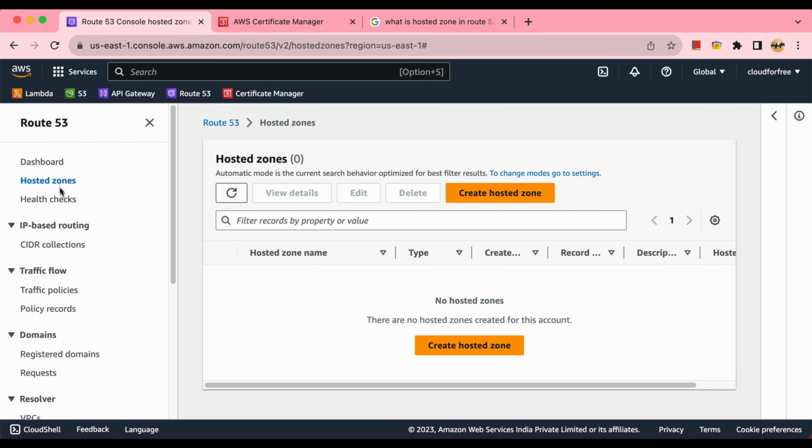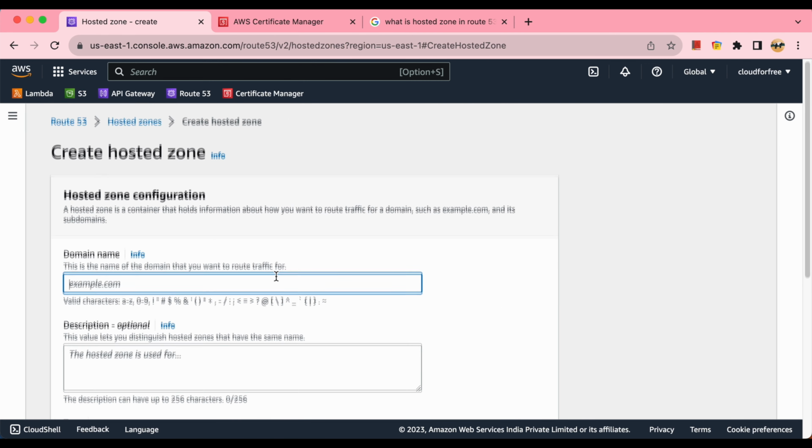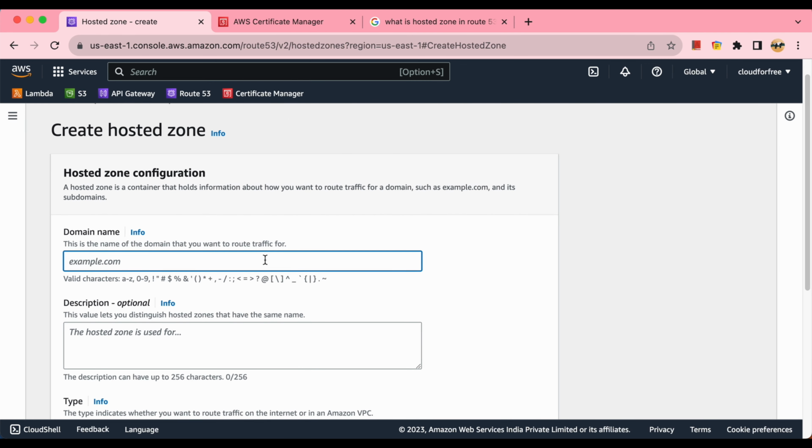So if I go here in this console, there is an option, create hosted zone. So we just need to name the hosted zone. I'll keep the same name as the domain name for my hosted zone, cloudforfree.co.uk,